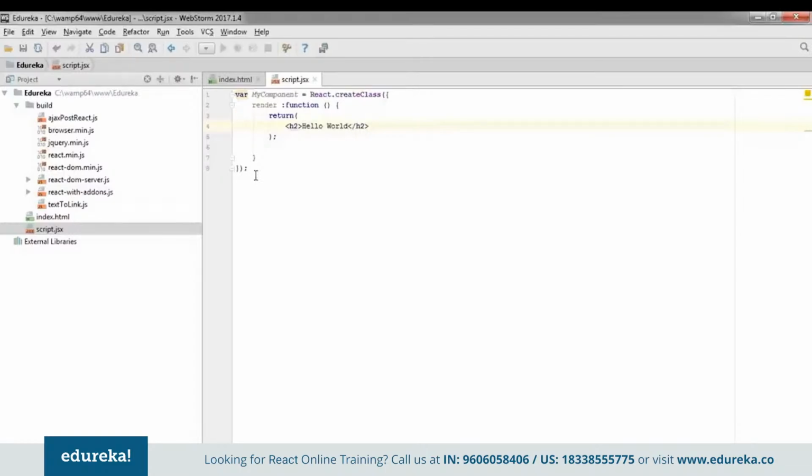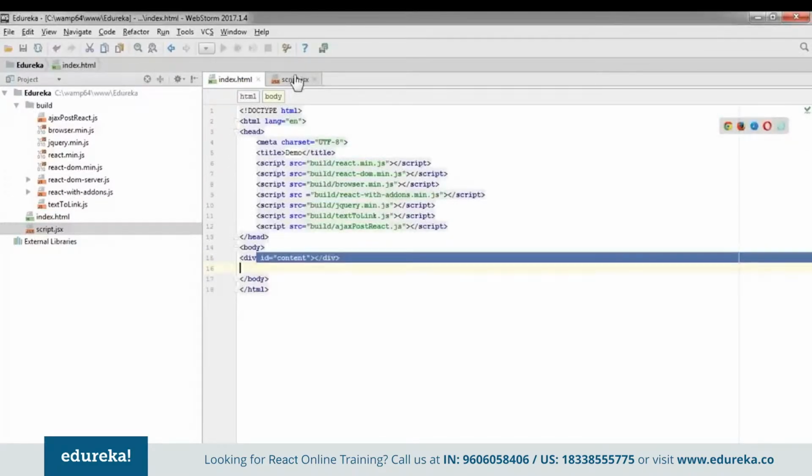Okay, so just save it. So now we are done with creating our component. Now you have to tell React that you want this component to be displayed over here. So for that,